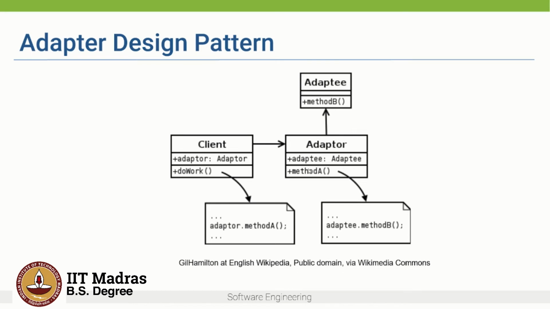And what the adapter class does is it provides a wrapper, or it provides a link between the client and the adaptee. So what the client will do is call the adapter's method, and the adapter in turn will call the adaptee's method,